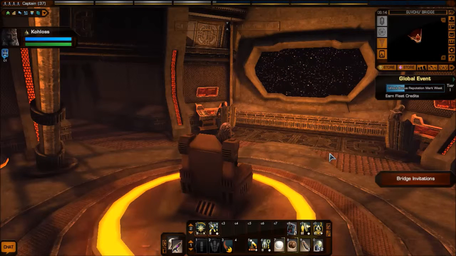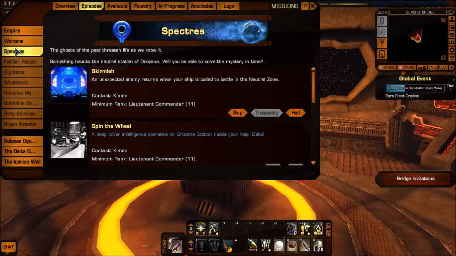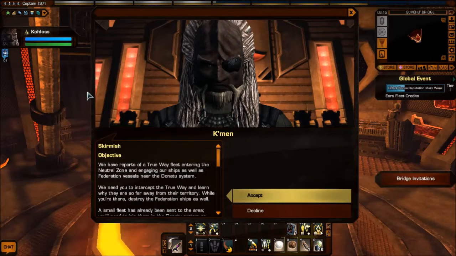What we're going to do today is accept our next mission. We are being sent to the neutral zone. The ghosts of the past threaten life as we know it. So let's hail. Our mission contact is Kimen,